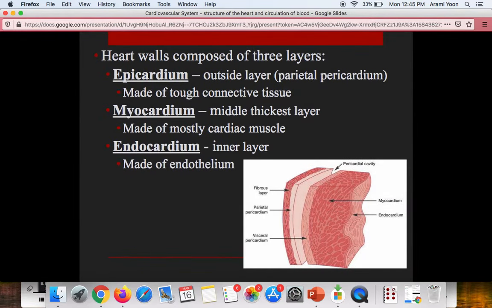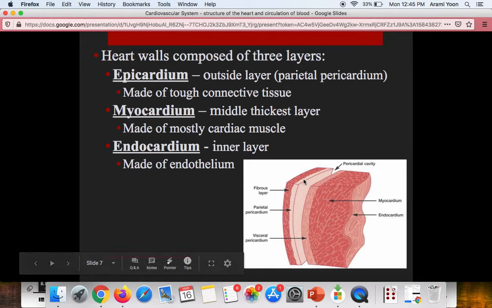The heart wall itself is made of 3 layers. You have the epicardium here. You have the myocardium, which is the actual heart muscle. So this is one of the 3 types of muscles that you learned about last semester. Remember, there's skeletal muscle, smooth muscle, and cardiac muscle. So the myocardium is the cardiac muscle. And then you have the endocardium, which is that tissue that separates the myocardium from the blood that's flowing through